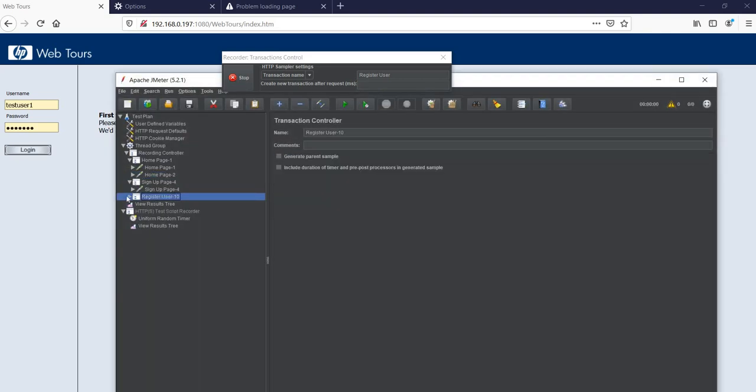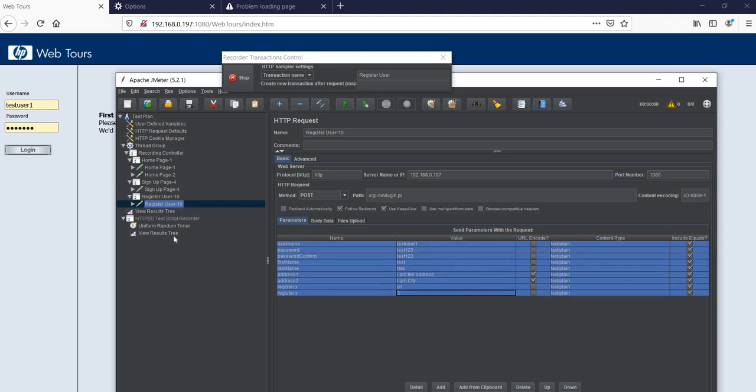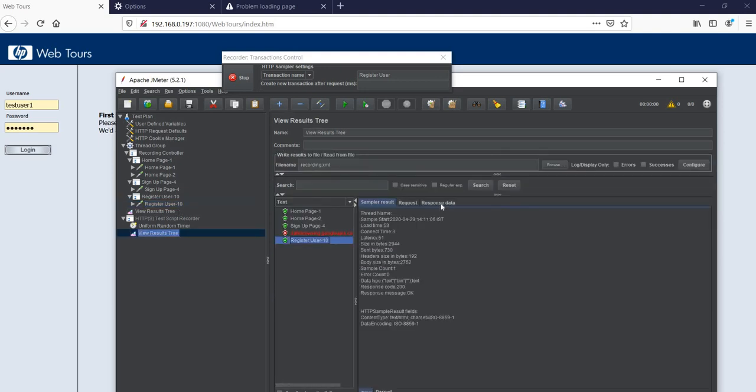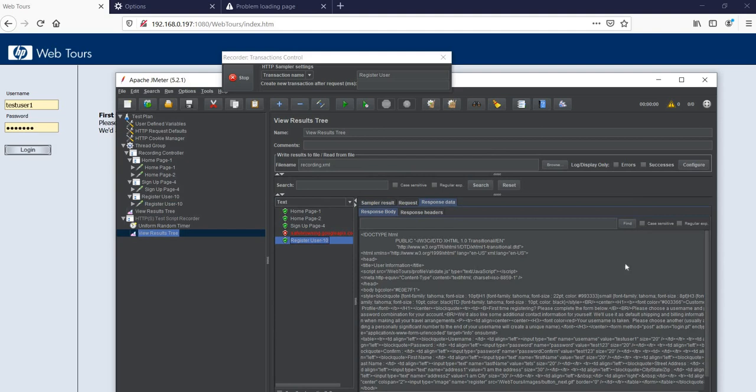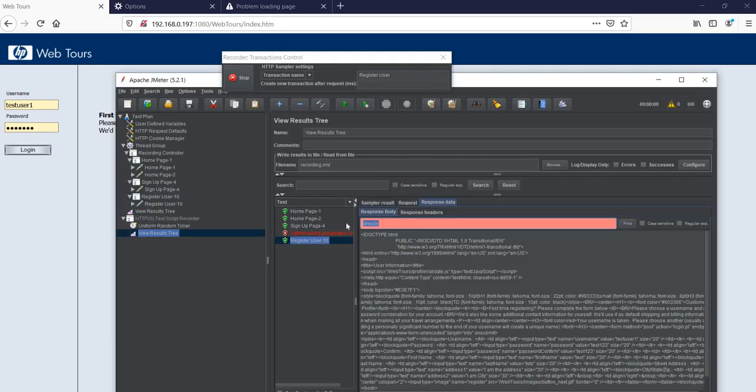If you see over here, you can see that it has all its values, and you also see in the response body that it says your username is already taken, username is taken.